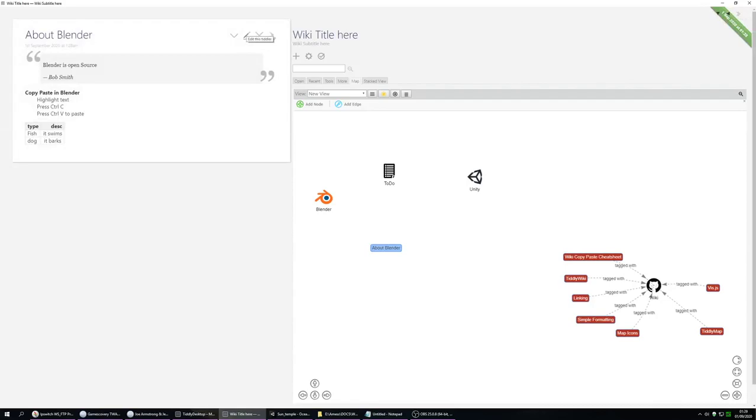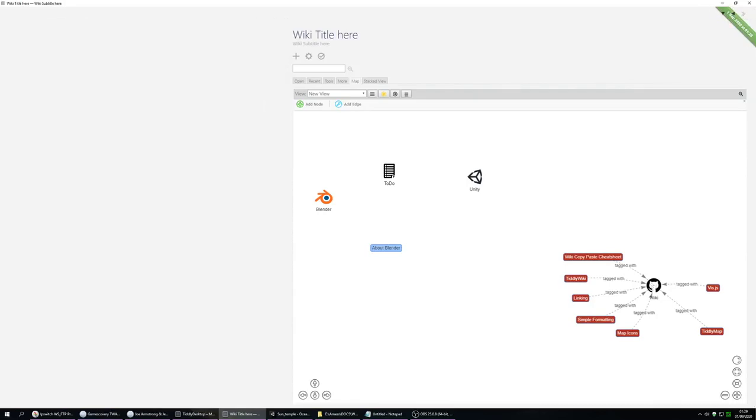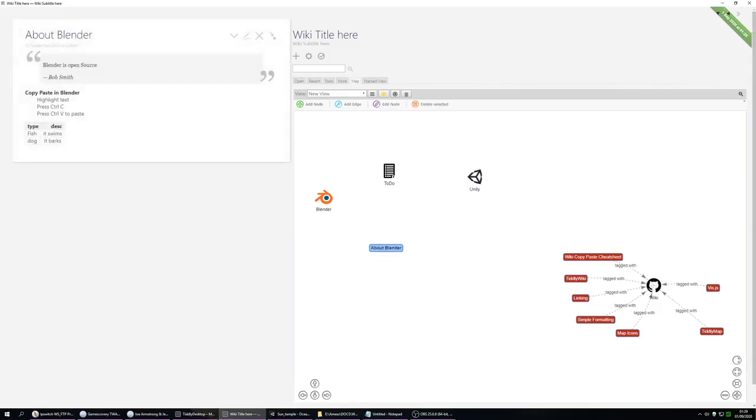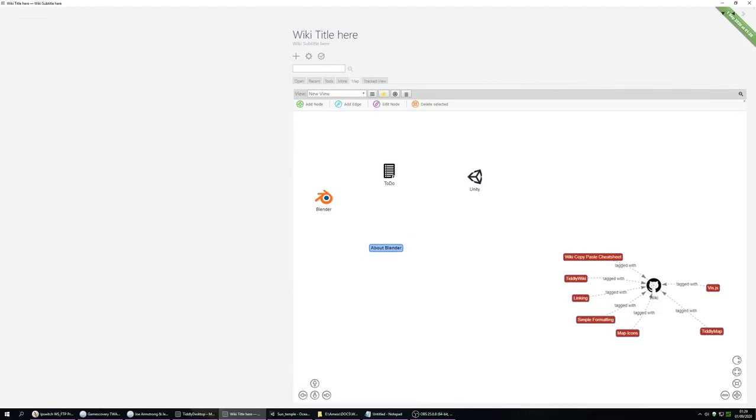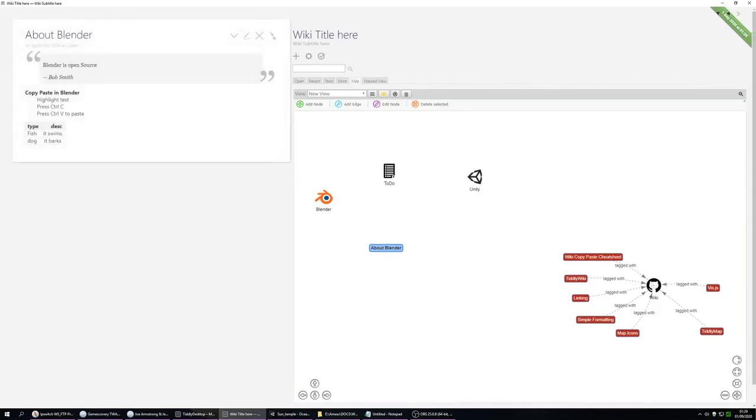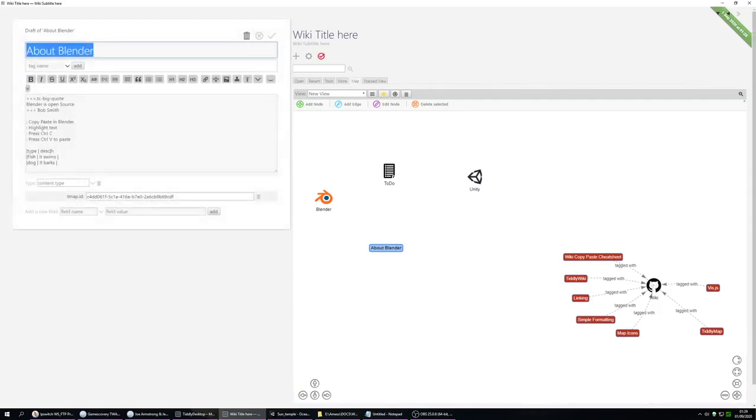But the strange thing about wiki is, at first, this X is usually delete something, so it's quite difficult to get used to. You're not deleting stuff and it not going away. Obviously, you've got all these things up here. You know, you could do